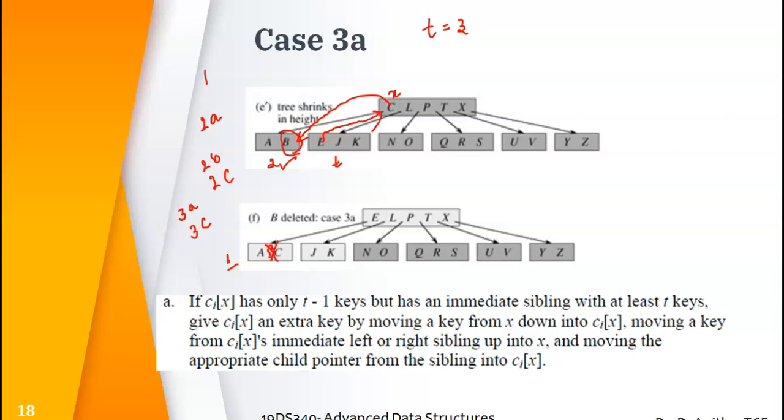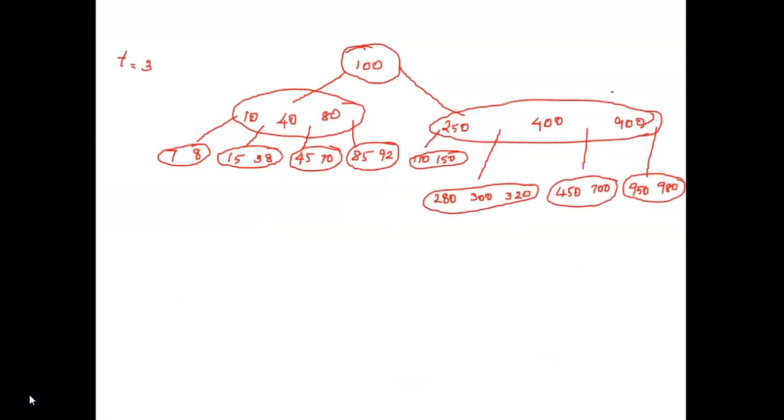We shall see an example also, right? You are seeing a B tree with the minimum degree of t. You may be finding a root node starting with 100, and one left and one right child with 3 nodes each, and you may be finding 4 children for both of them. I should say that all the leaves are on the same level, although my drawing does not depict that. So I will try to delete one node from this place. Shall we delete 450 here? Okay, so we shall try deleting 450 now.